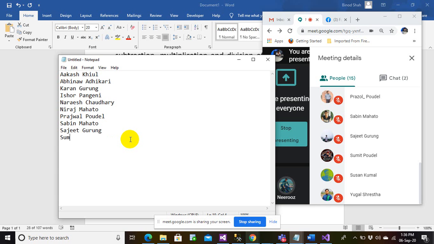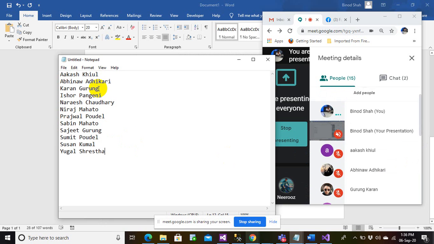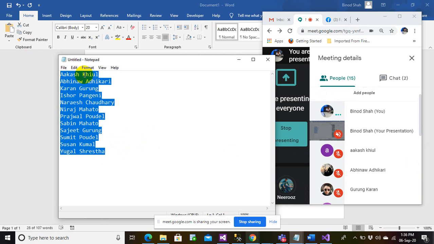Pratik Gurum, Sumit Paudel, Sumit Kumar, and Yugal Srestha. So I think these are the students we have in the class today. So 1, 2, 3, 4, 5, 6, 7, 8, 9, 10, 11, 12. Only 12 students in the class.